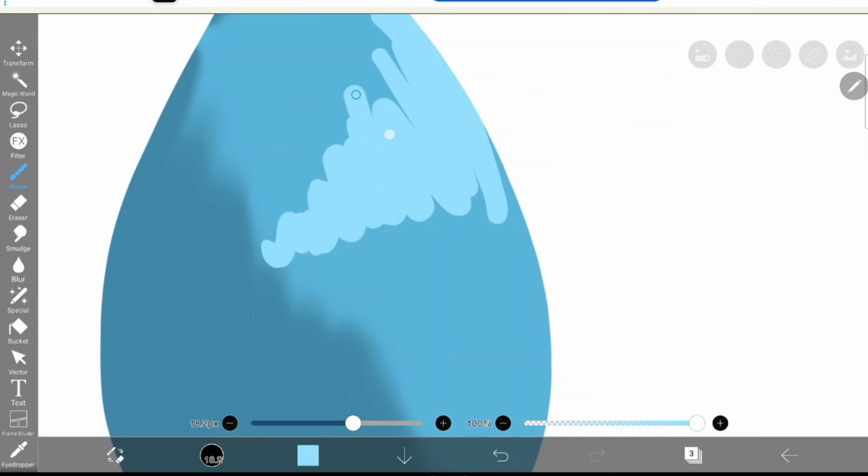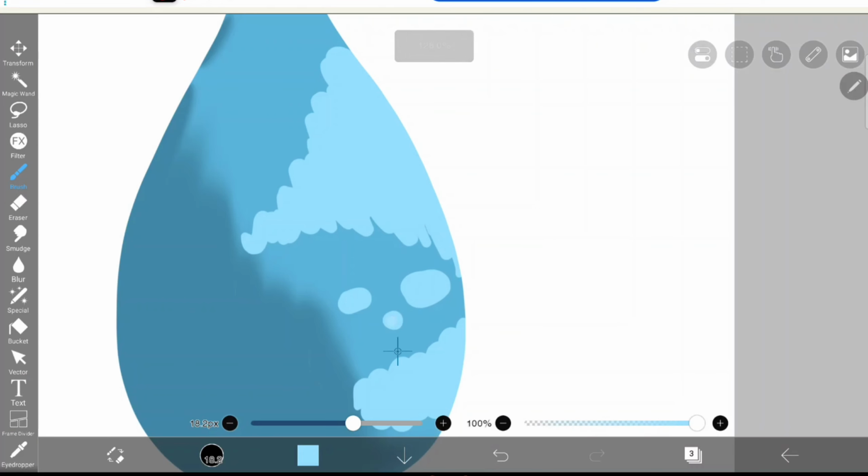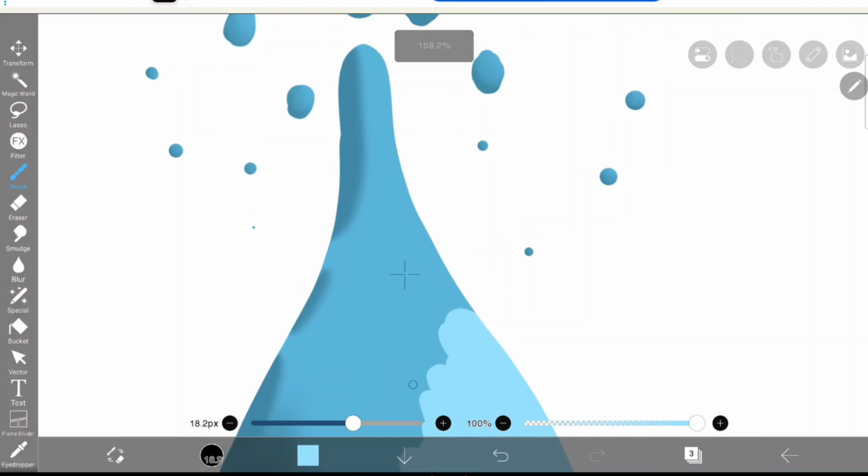Make sure you generally make the form. You can treat it like a bubble and just have one big swoosh and then a dot. But for this one, I'm gonna be adding more oceany textures. Feel free to add tons of circular blobs. It makes it look like the light's